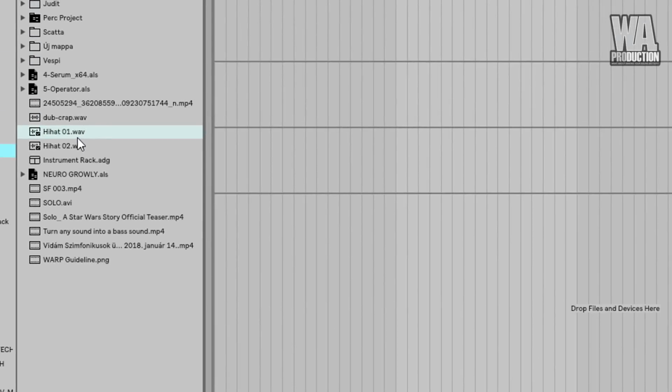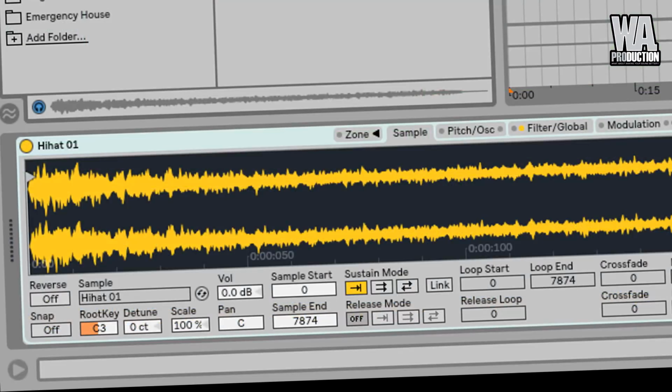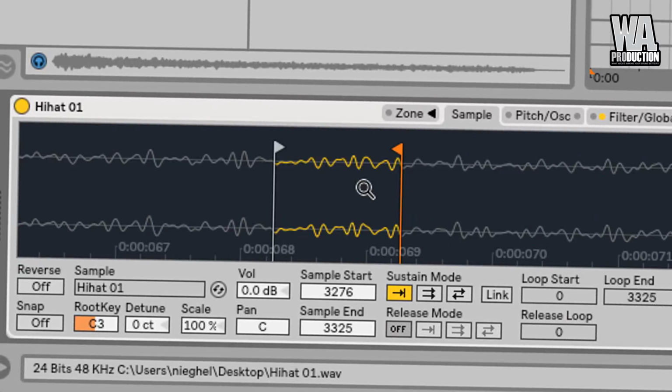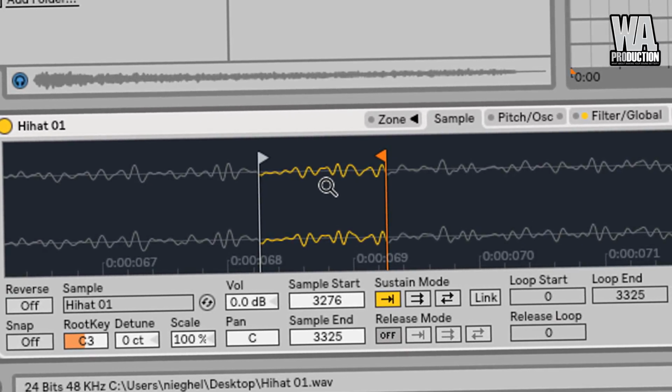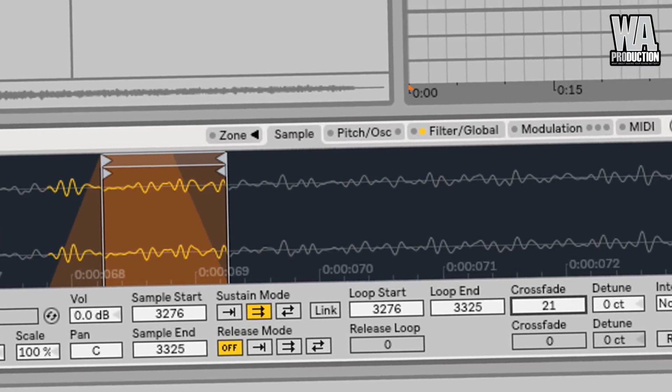What about making your sound better? Drop a sampler and find a random hi-hat sound, drop it into the sampler. This is the sound we're going to use now. Tweak the starting and the ending position to find a very short section of the sound that we're going to loop. So click on loop, set the loop start and make some crossfade on the sound to make it loop